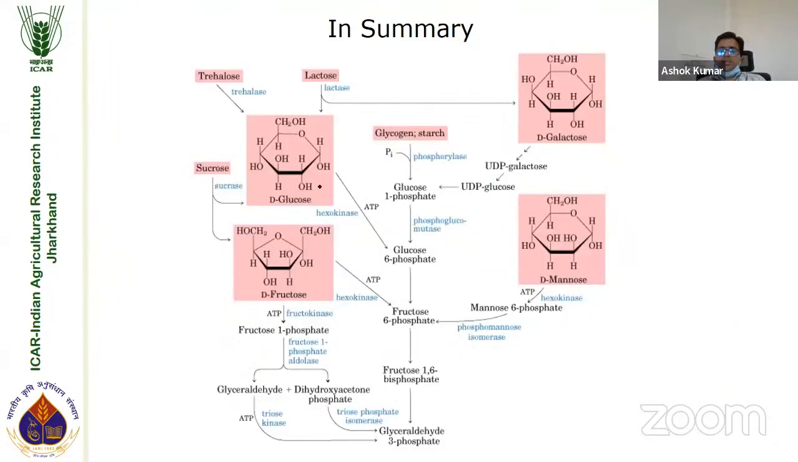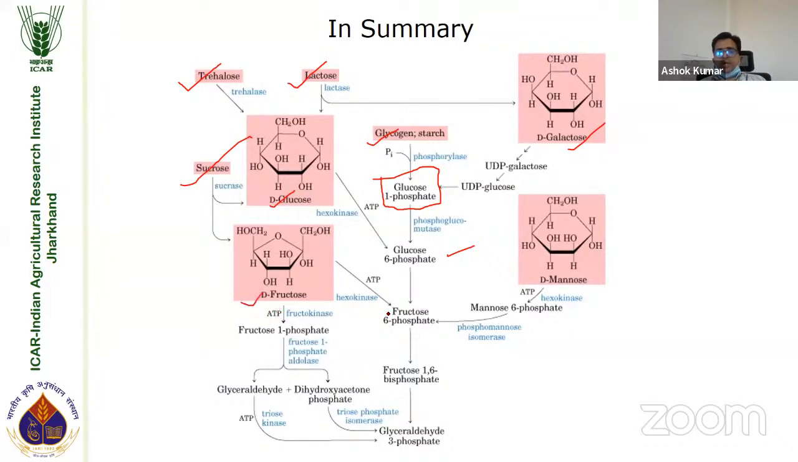So in summary, whether you have trehalose in insects, or lactose, or sucrose, or even glycogen and starch, all can enter the glycolysis process at various places. At glucose 1 phosphate, you have galactose which can easily enter. Similarly, glucose can enter at glucose 6 phosphate, and then you have the fructose molecule,